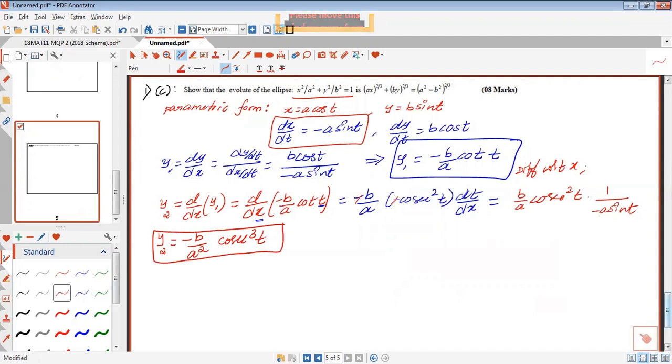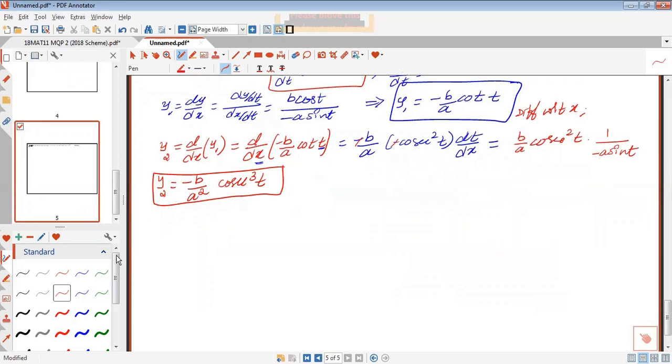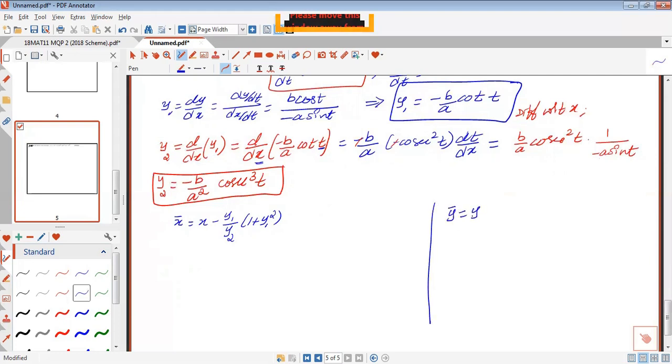Now we have the formula for center of curvature, that is x bar is equal to x minus y1 divided by y2 times 1 plus y1 square. Okay, and also y bar is equal to y plus 1 by y2 times 1 plus y1 square. The formula for center of curvature, that is x bar comma y bar. Substitute here, x bar is,